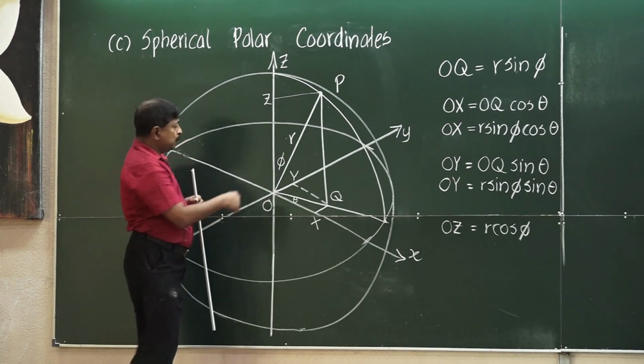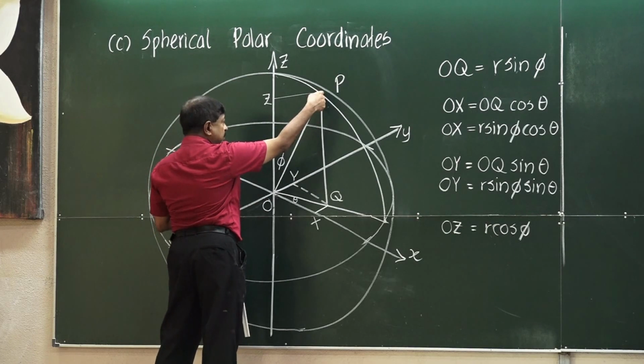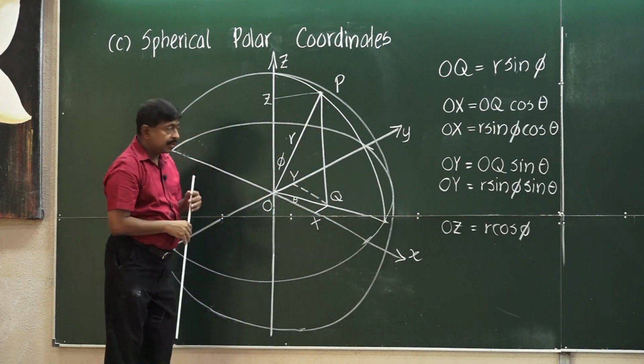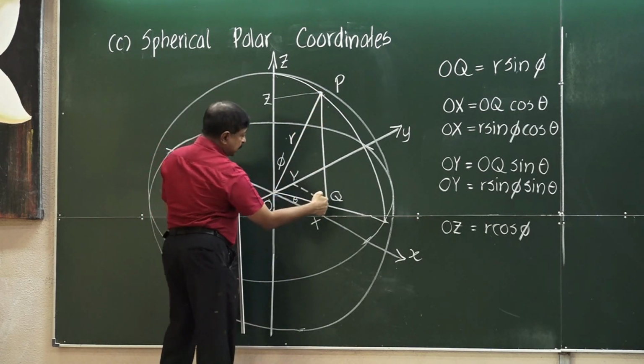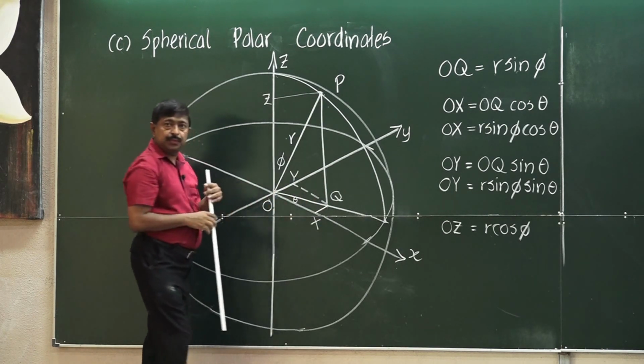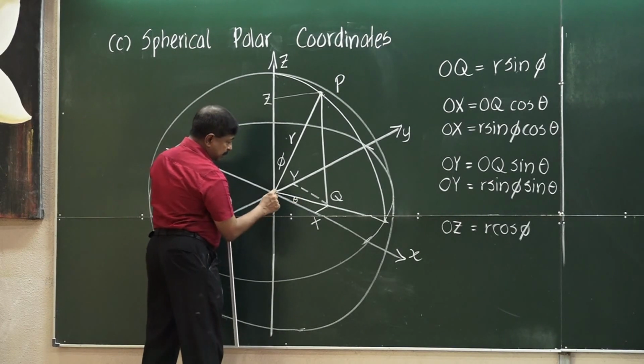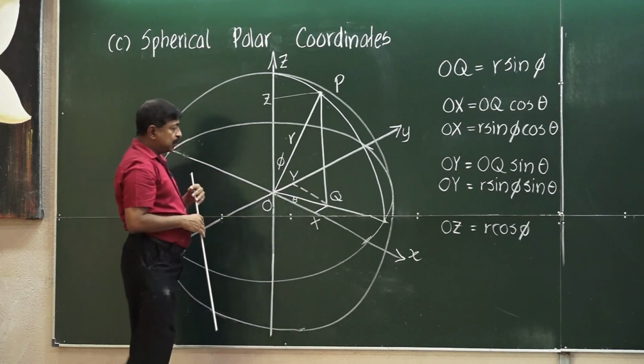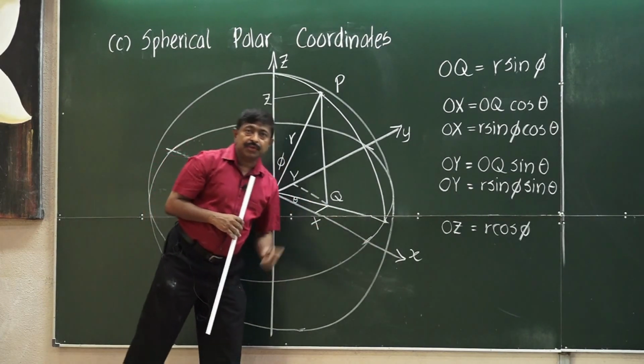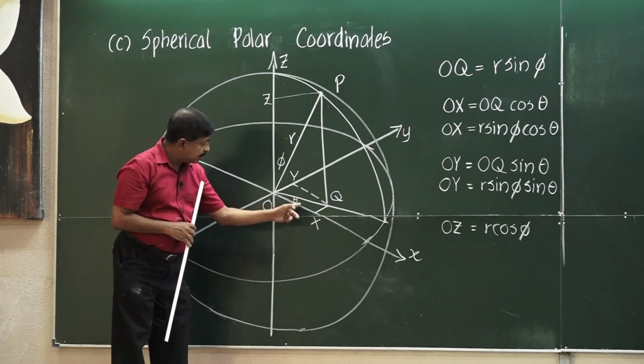Okay. Now, we project OP onto the xy plane. So, like this, and the projection will be OQ, right. Now, this angle, the angle between OQ and the positive direction of the x axis, can be taken as theta,